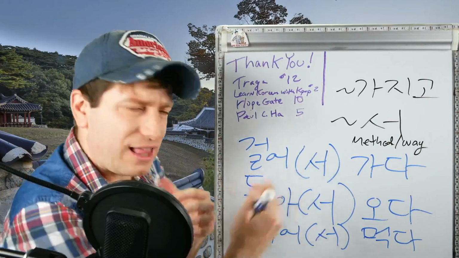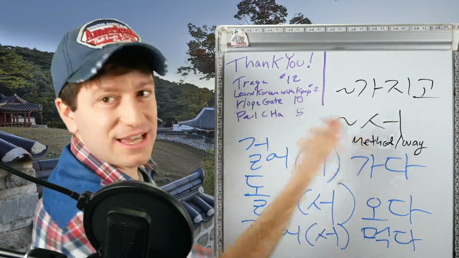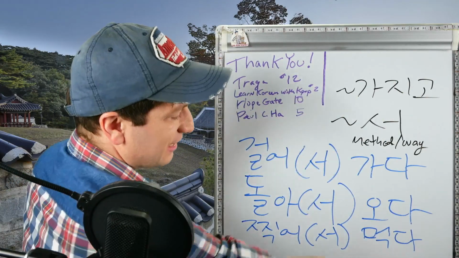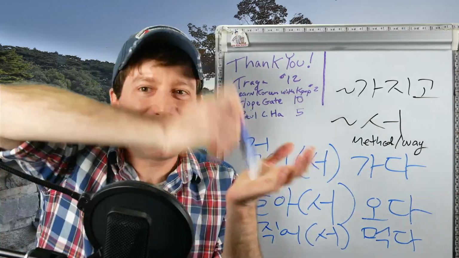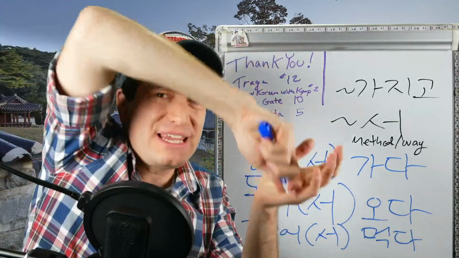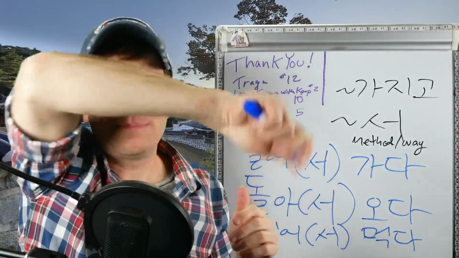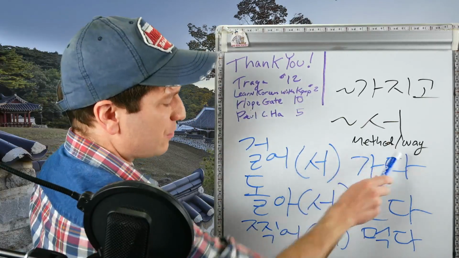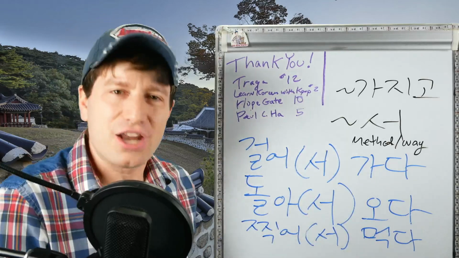How do I get here? Well, I return from somewhere and then come here. So that's how you say to return here, to come back. 찍어서 먹다. So I'm eating something. How am I eating it? 찍다, to dip it. So I'm dipping it and eating it. In English, we would just say I'm dipping it. The eating part is assumed. So this sort of usage, when you're saying the method or way by which you do something, cannot be replaced